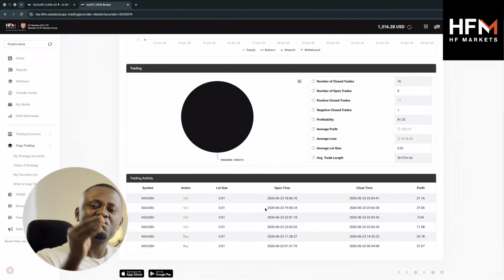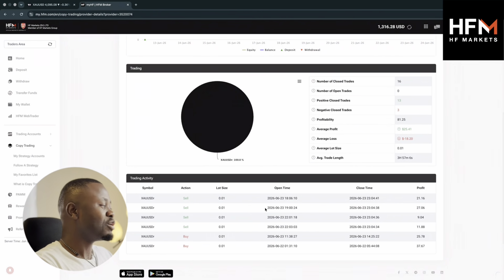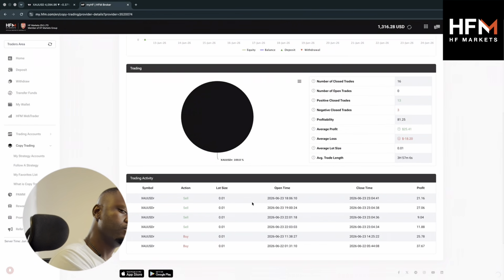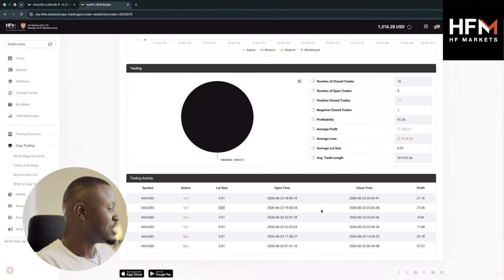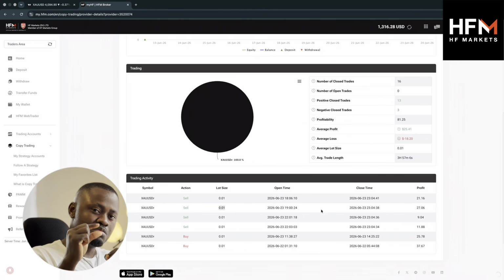And guess what? You can even see the lot sizes I'm using, traders. This is the best thing about copy trading. This is how you know, is this person going to blow my money? So look at this lot size: 0.1, 0.01, 0.01. I'm not risking. I'm using small lot sizes. We're just trying to focus on consistency, growing a small bit at a time, but again,